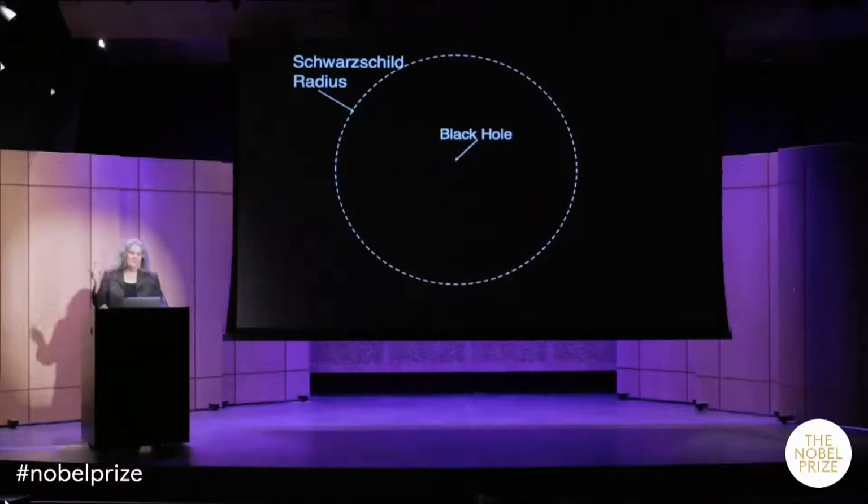So this notion is important because it not only defines what a black hole is, but it gives us a way of demonstrating or proving that a black hole exists. We need to show that there's some mass confined to at least within its Schwarzschild radius to claim a black hole.